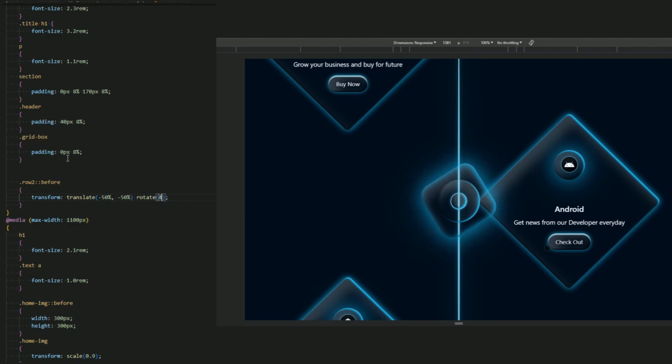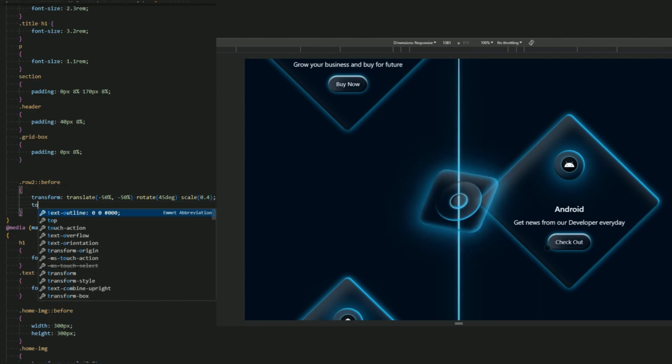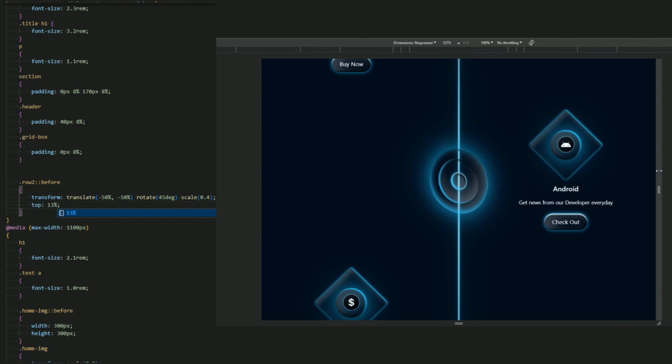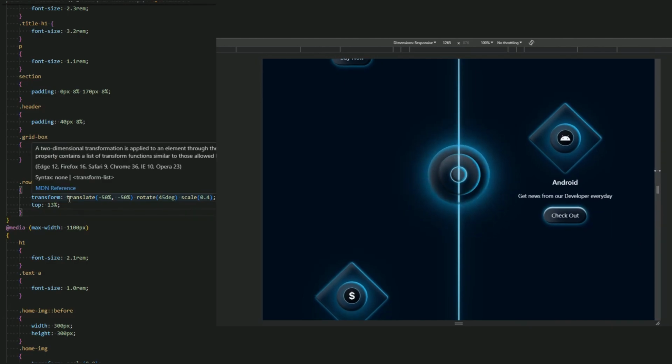We have 45 degree, and now add a scale to 0.65 or 4, yeah. And let me just change the top. Let me add 30%, 13%, okay, 30%, and be in the center of this icon, as you can see it. Now I think this is beautiful and better instead of having overflow X.